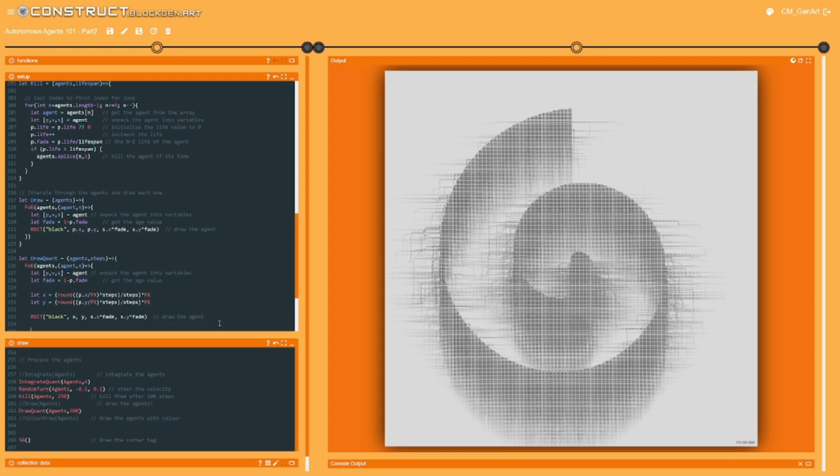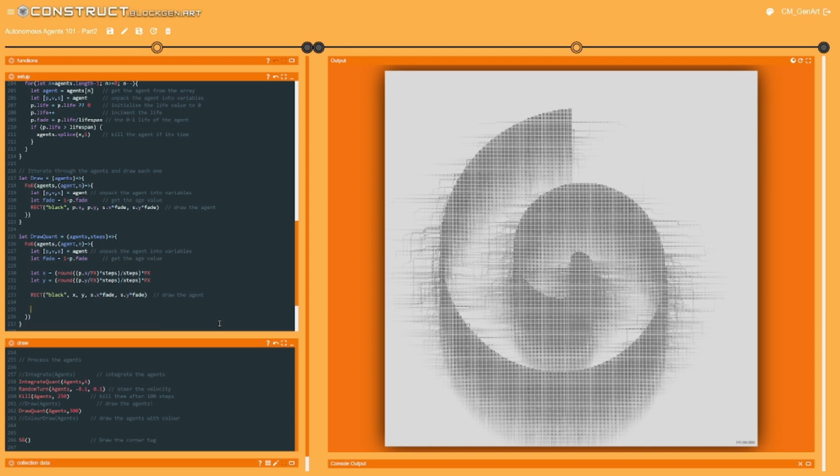I'm also going to switch out of rectangle and draw a circle instead. Drawing a circle is actually very similar to drawing a rectangle. There's just a few extra values. If I comment that out, instead of rect, it's ELI for ellipse. All of these values are exactly the same, except we need 3 additional values, and they are